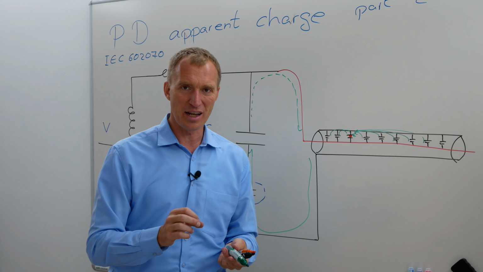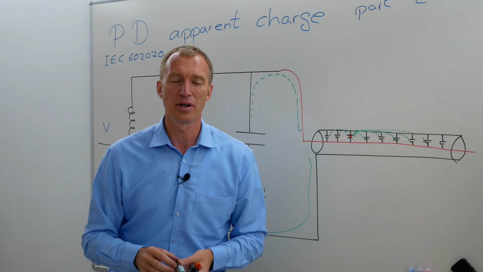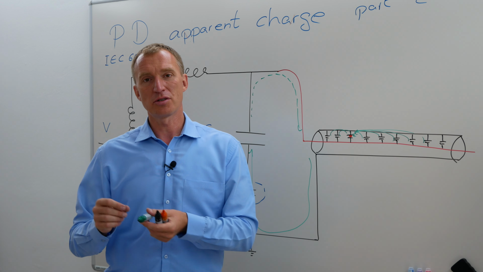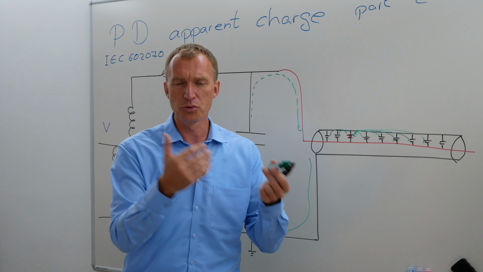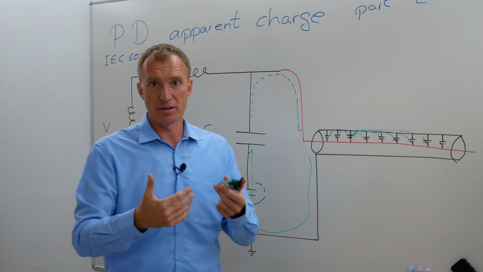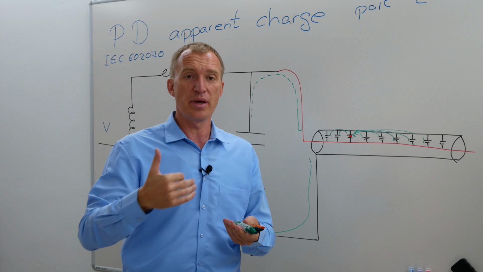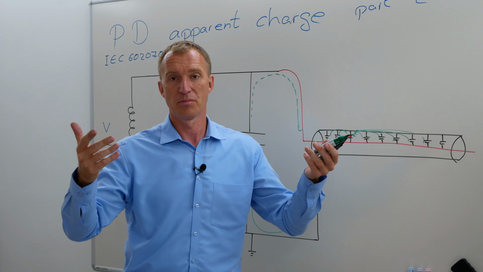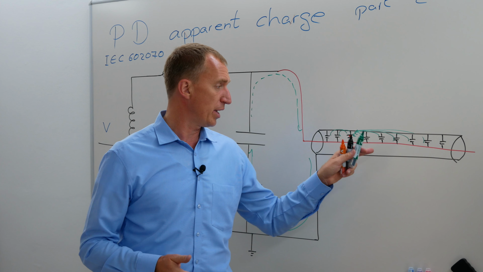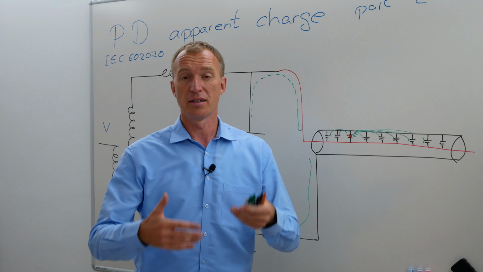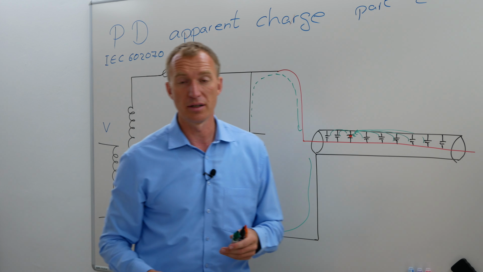If you have a really small setup, and you only have, let's say, an outside partial discharge like a corona, maybe the measured partial discharge is rather close to your real charge. The one that we measure is apparently the charge. So possibly your apparent charge is almost as big as the real discharge. But we don't know. Especially if you're talking about internal discharges, especially if you're talking about big objects with a lot of capacitance, and especially if this capacitance is much bigger than the normal capacitance of a coupling capacitor,